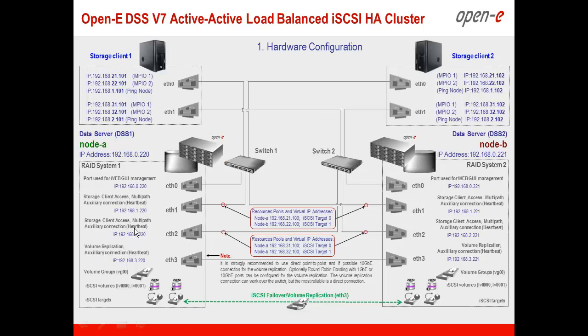Next is 192.168.2.220 as a physical IP address, and on node B we have the same networks, so 1.221 and 2.221. On top of these storage adapters we configure so-called virtual IPs,